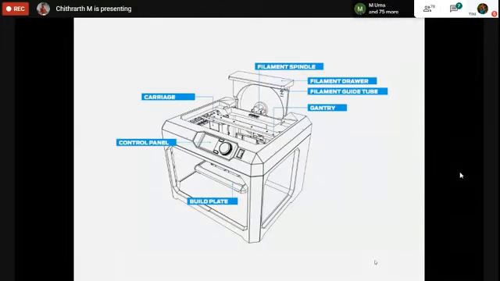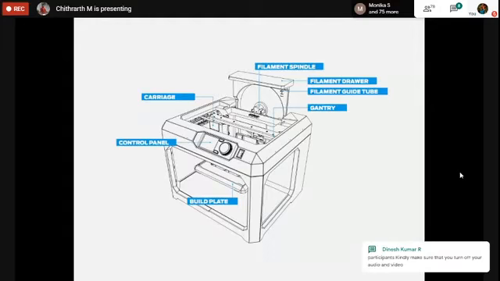So instead of a filament spindle, normally in our concrete 3D printing machine, we wouldn't have a filament spindle kind of thing. Instead, we'll be having a cartridge or a storage container which contains the part A and part B of the material, and there will be some impeller pumps which are used to pump the material from the storage containers to the mixing chamber, where the material is mixed in a given ratio, and it is sent to the nozzle or the extruder to deposit the material. So these are all the basic parts of the machine.